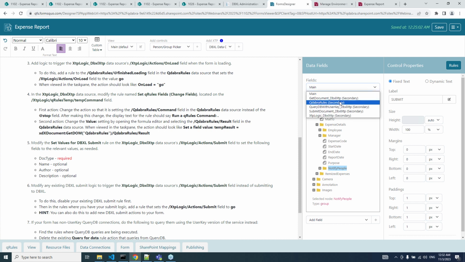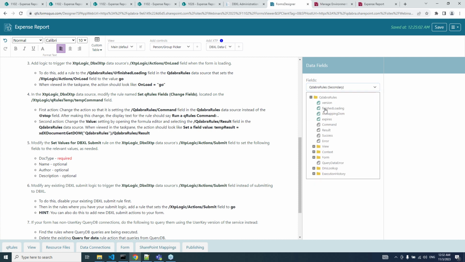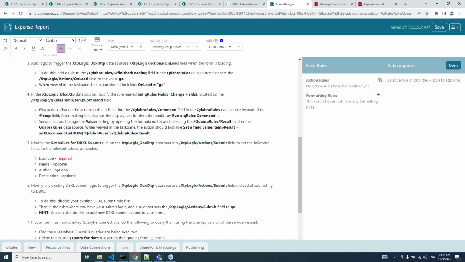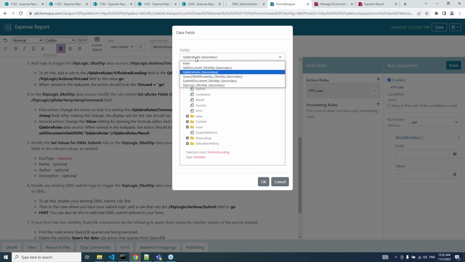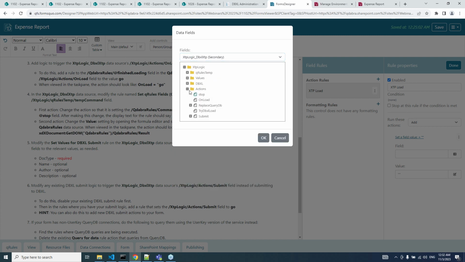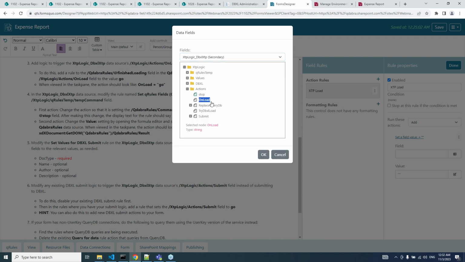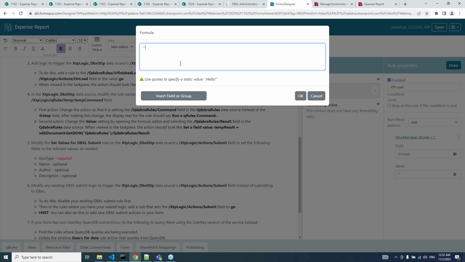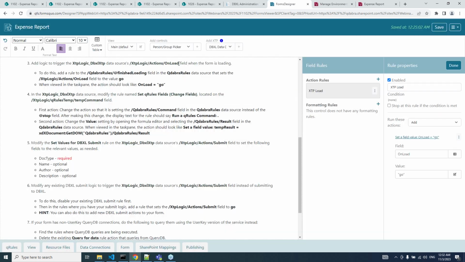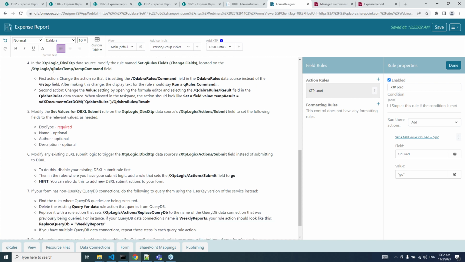So it explains what to do here. I need to go to the finish loading field in Qdabra rules. So there we go. Going to add a rule. So we'll call this XTP load. It's just going to set a field's value. You might be familiar with this technique where we just trigger some logic by setting a value to a field. And by convention, typically use go. So there we go, go. All right, that is step 3, all done. Step 4